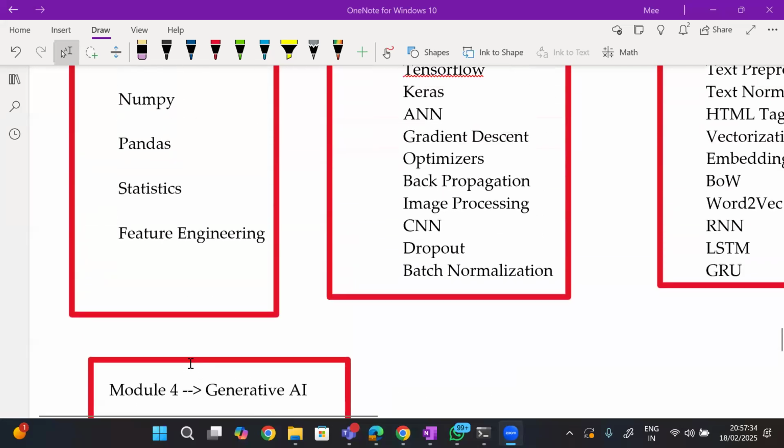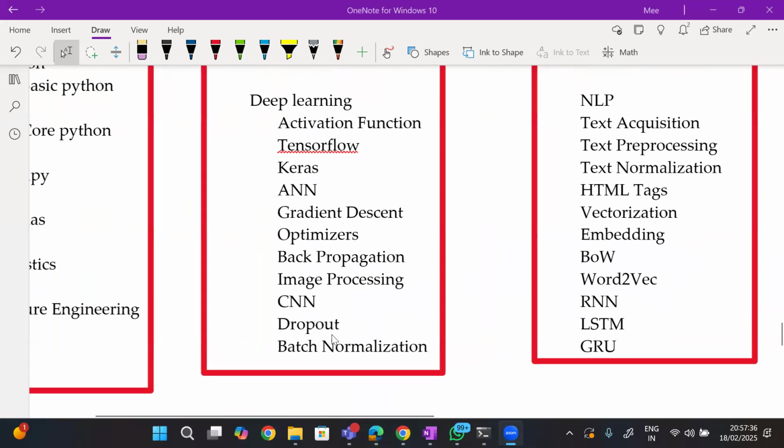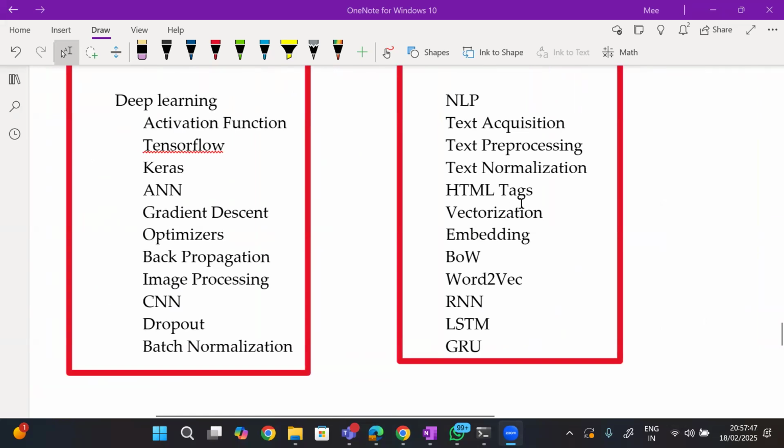Once you complete this course, what are the job roles you will be eligible for? You can become a deep learning engineer with CNN or a deep learning engineer with NLP. You can apply for both. You will be able to do it end to end, and we will be doing everything hands on.